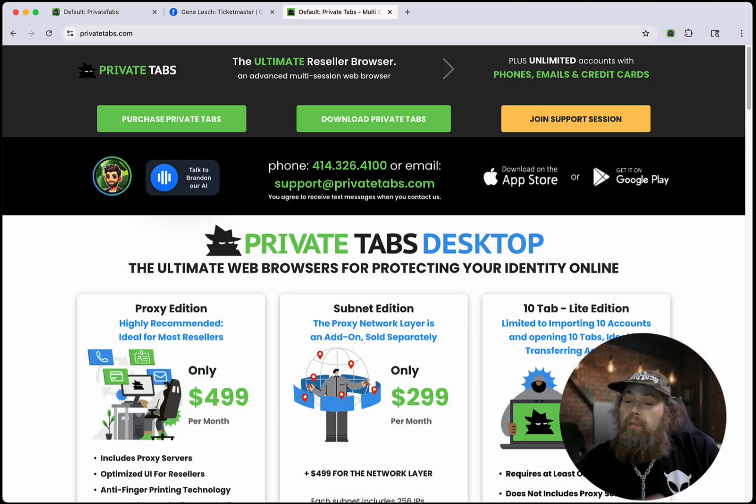Look, if you have not signed up for Private Tabs, or it's been maybe a couple months since you've used Private Tabs, I truly encourage you to come back and check this thing out, because we are pushing out updates literally every week to every 2 weeks. And this week is no exception. It's April 1st right now, but the version that's out right now is going to be called version